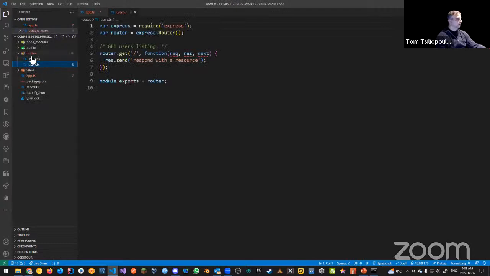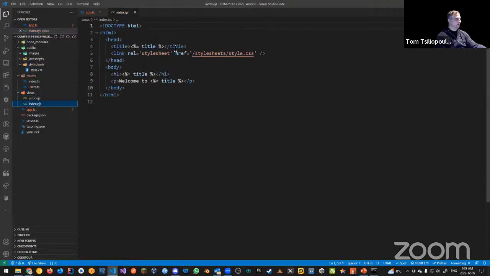There we go. So routes and views. Our public folder only has some stuff that we need, our images, JavaScripts, and styles. We're going to redo this public folder to make it look how we want it to. And our views have 2 views, an index.ejs view that looks like this, right? And that's it. Let's make our application work.